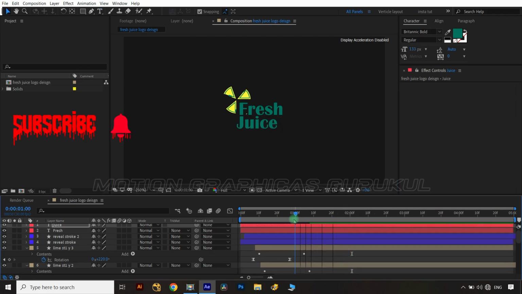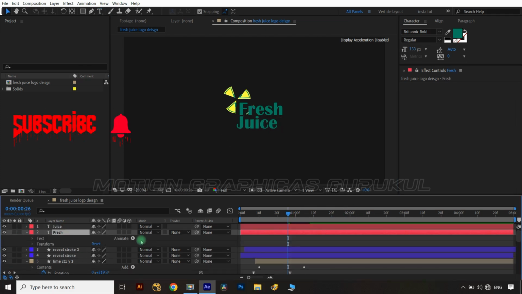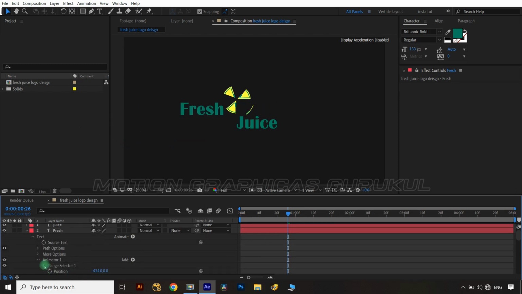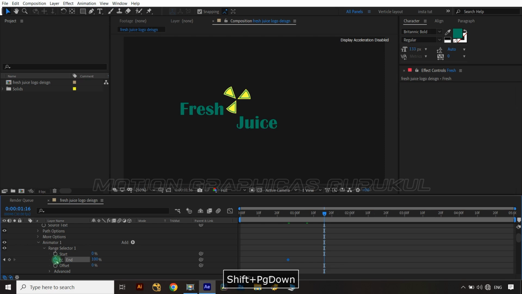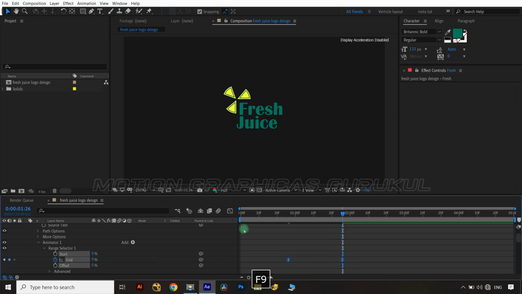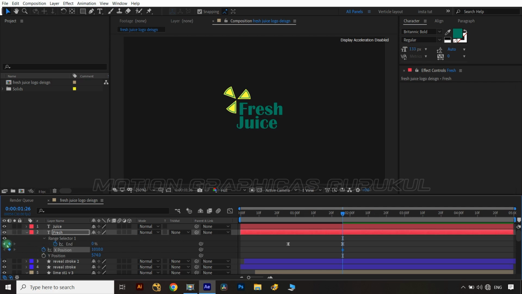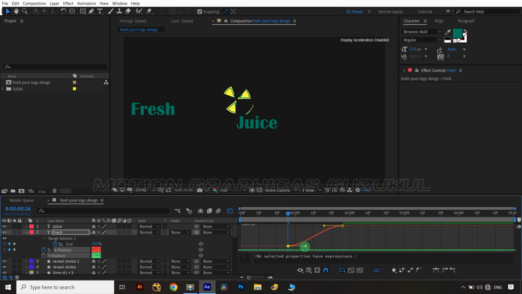Now select fresh text layer and apply position animator on it. And apply position value as I did. Now animate end animation property from 100 to 0 with distance of 30 frames as I did and convert keys into easy ease. Now open position property of fresh text layer and animate X position with distance of 30 frames